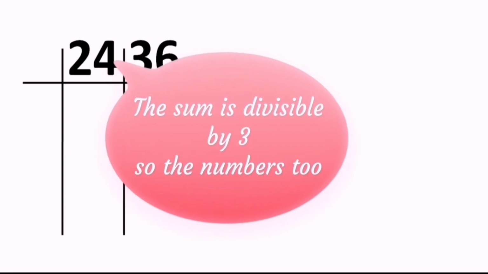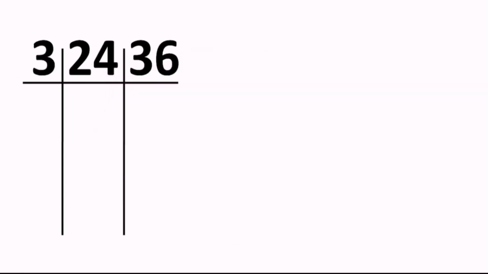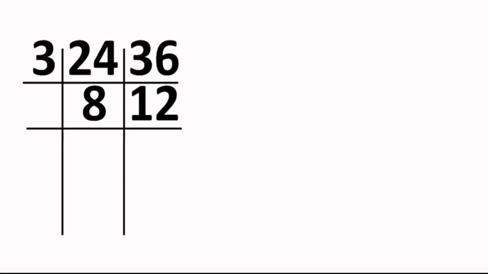But the way I told you, we will choose the bigger one of them. That makes it easier to understand. So I use 3. When you divide 24 by 3, I get the answer 8. 36 by 3, we get the answer 12, correct? Again we got both the numbers even. So whenever even numbers are there, we divide them by 2, right? So when you divide 8 by 2, we get the answer, yes, of course, 4. And 12 is divided by 2, and we get the answer 6.